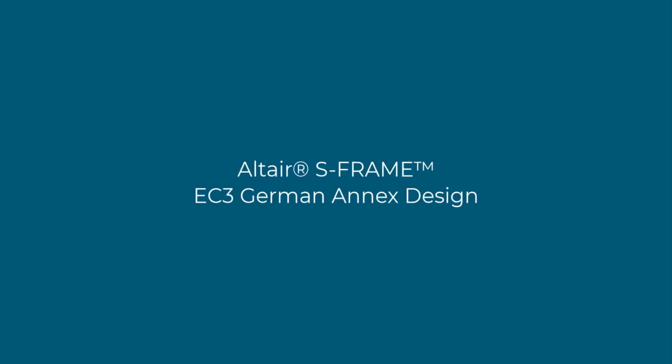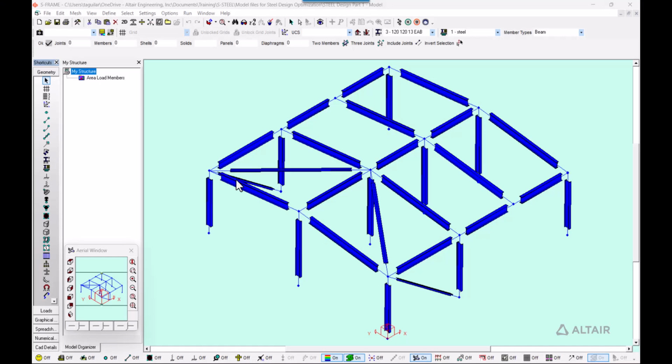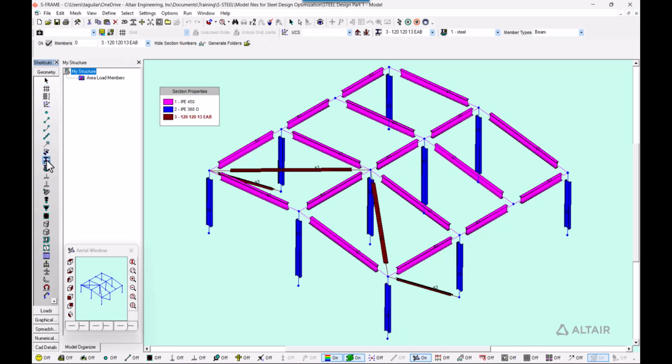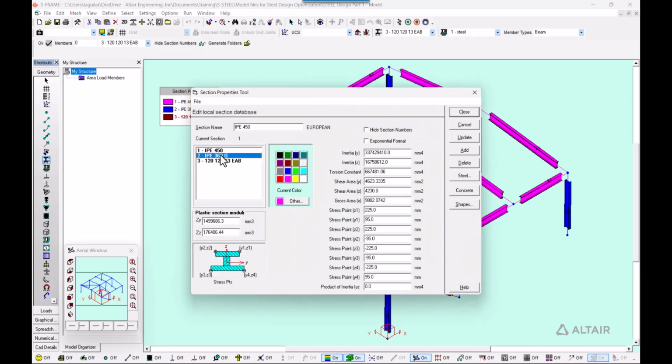Hello everyone. So SRAM has the ability to help you through your full workflow of steel design, from your analysis to your code checking and your steel sections optimization. What we have here is this steel structure, and we have assigned some sections. As you can see, we have different sections for the roof, the columns, and the bracings. We can take a look at the different sections that we selected for this from the European database,